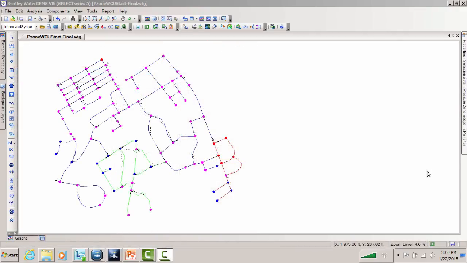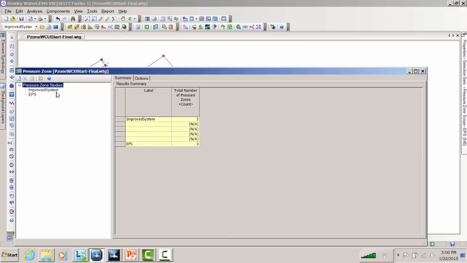And now we're going to go and show how you might create a district metered area. Just to review where we're at, this is our water distribution system. The source is over here on the southwest side. And it generally is a flat area up here, but there's a low area down in this area, and there is a high area up here on the other side of the system. We wanted to, instead of having one pressure zone, put a PRV in here to create a lower pressure zone here, and we put a pump over on the east side of the system to raise the pressures in that zone. So we go to our pressure zone manager tool over here,